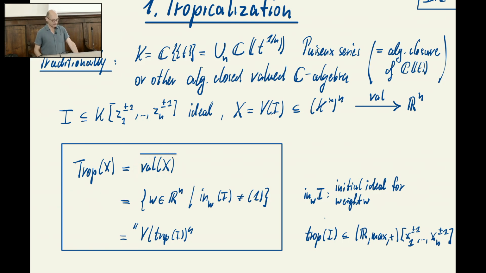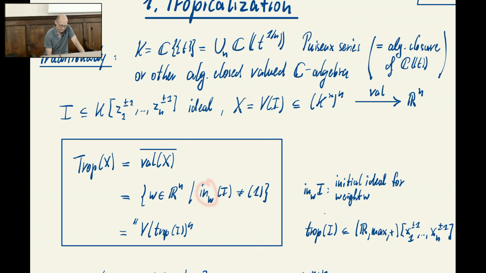There are two other characterizations that are sometimes useful and are instructive. One is, if you like Gröbner bases and these kinds of things, a set of W in Rn. So Rn is a space of weights, W like weight. Once you have a weight, a vector in Rn assigns weights to any monomial, right? And then you can order your elements of the ideal according to these weights and find this initial ideal, which is a kind of minimal or maybe maximal, I think it's minimal in this case. Depends on some choices of signs. It's a minimal